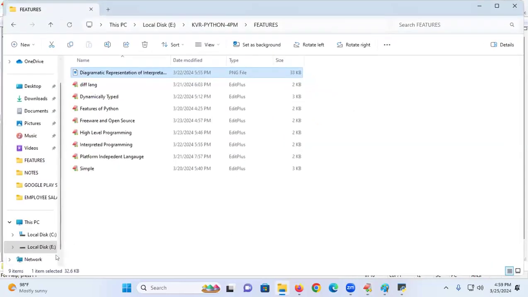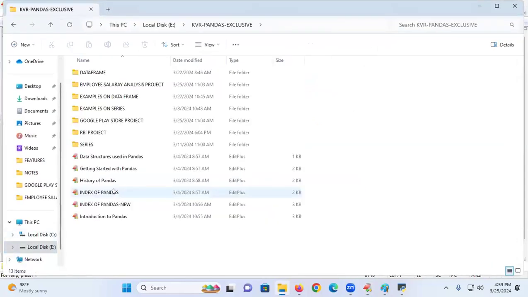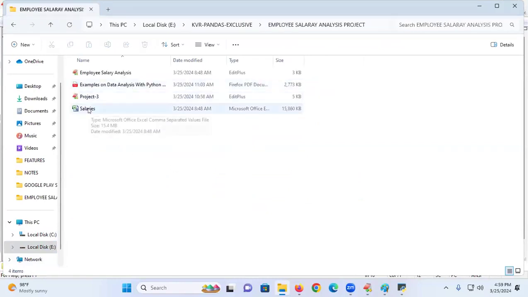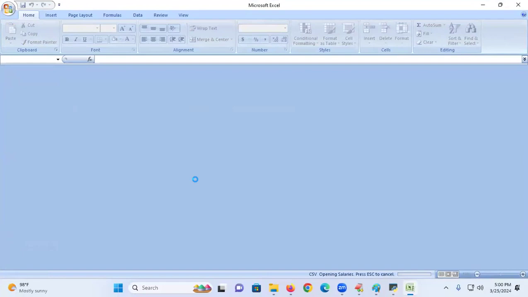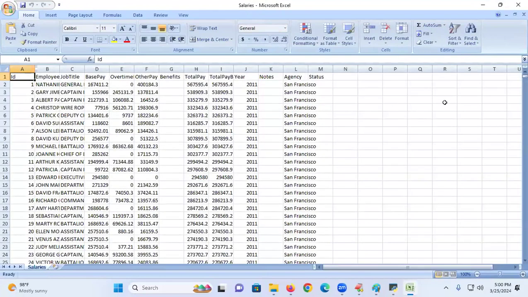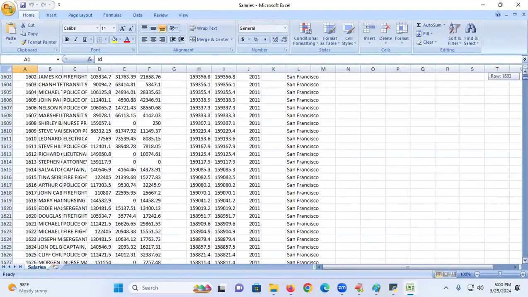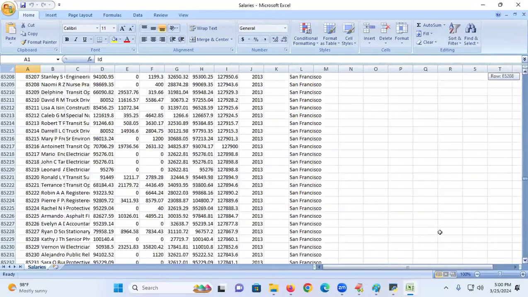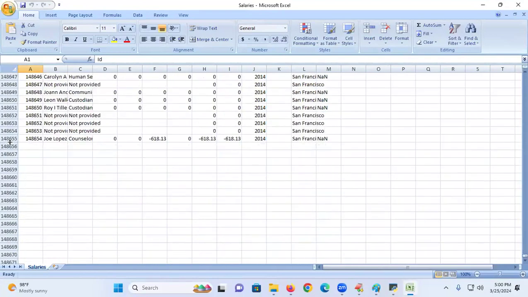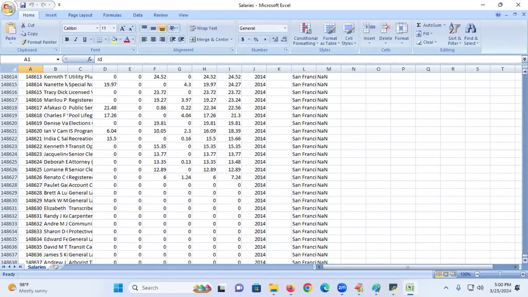If you come to my place, I am giving an exclusive training on pandas. Employee salary analysis report. You take salary reports. I'm taking one company's salary reports. See this Excel sheet once. The salaries are how many with me? All this is called one country, one state salary, government employees reports I'm taking. Almost how many are there here? 1,48,655 employees are there. I'm going to find out how many employees are getting this much salary, how many people are having total benefits, total number of analysis I'm going to do.